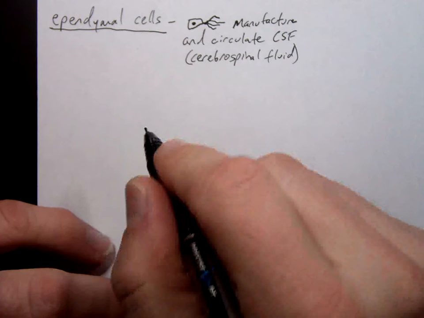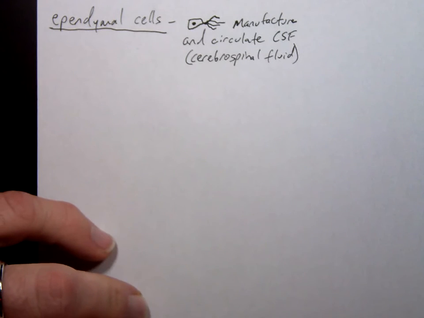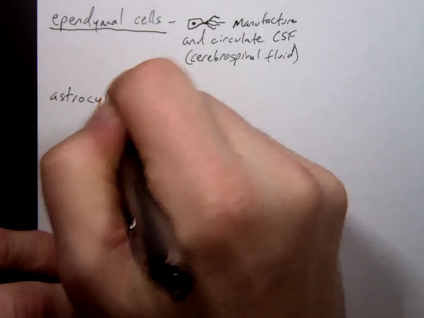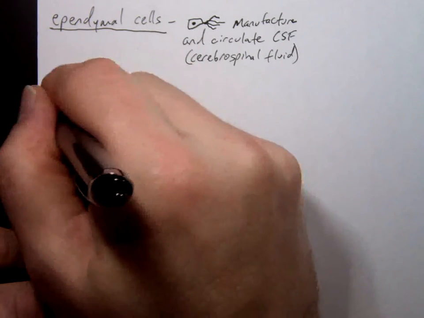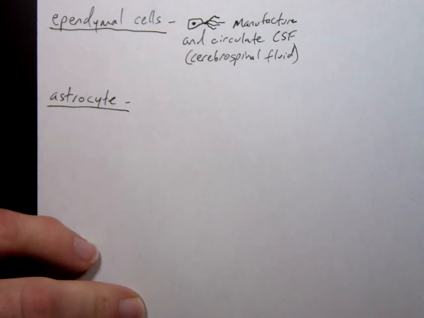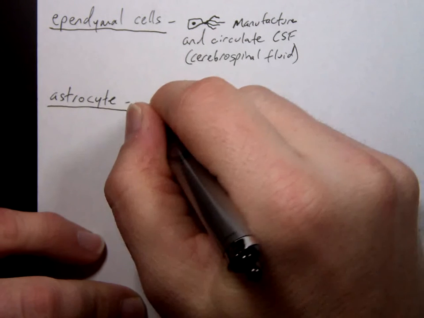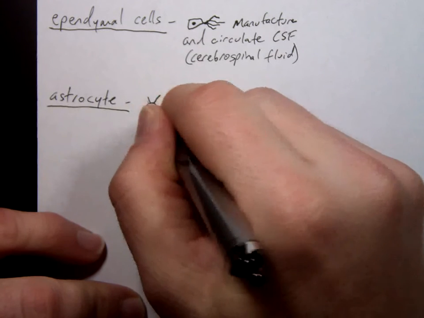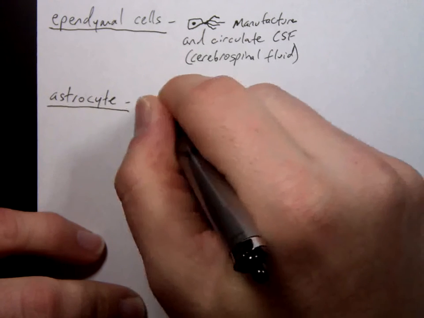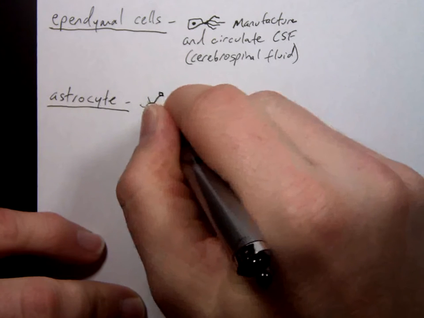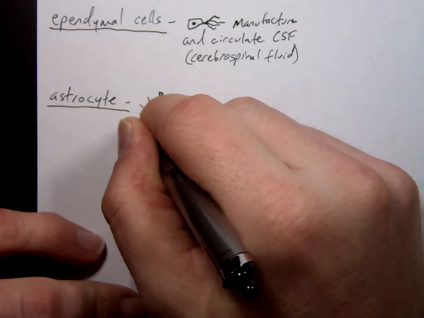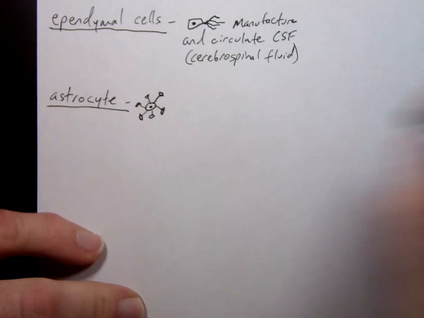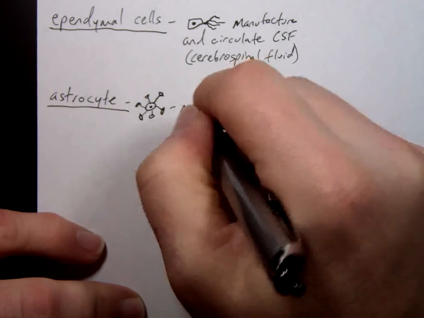The next type of cell I'd like to talk about is this one here, astrocyte. Astrocyte. And an astrocyte looks a lot like a microglial cell, except it's bigger. Now, at the end of them, you might find these little dudes like that. But they generally don't lay out exactly like that. Their job is to maintain